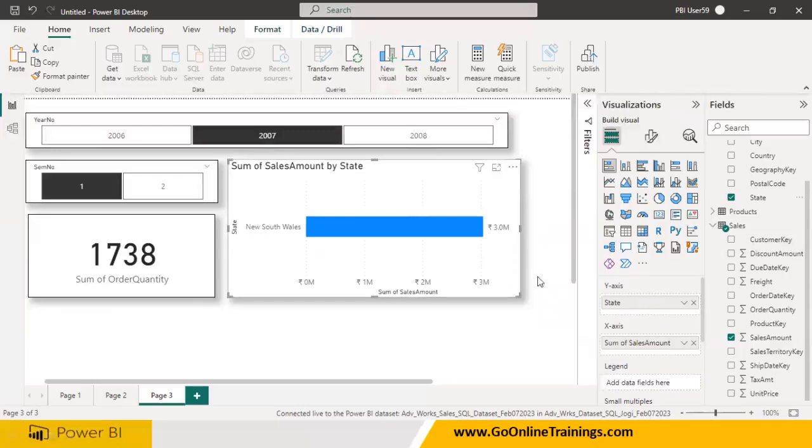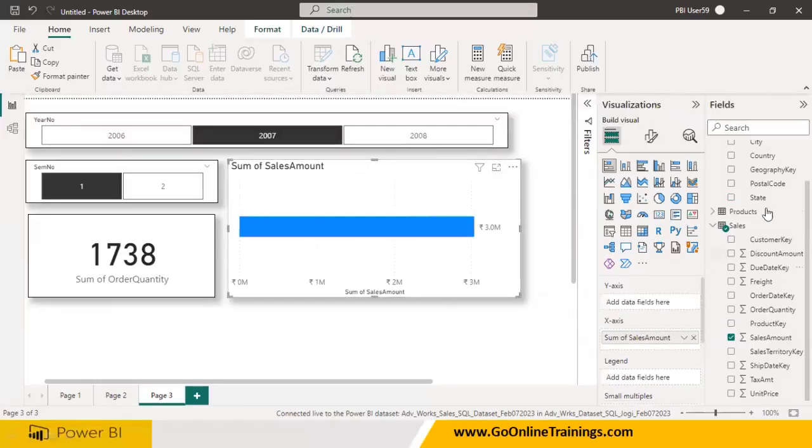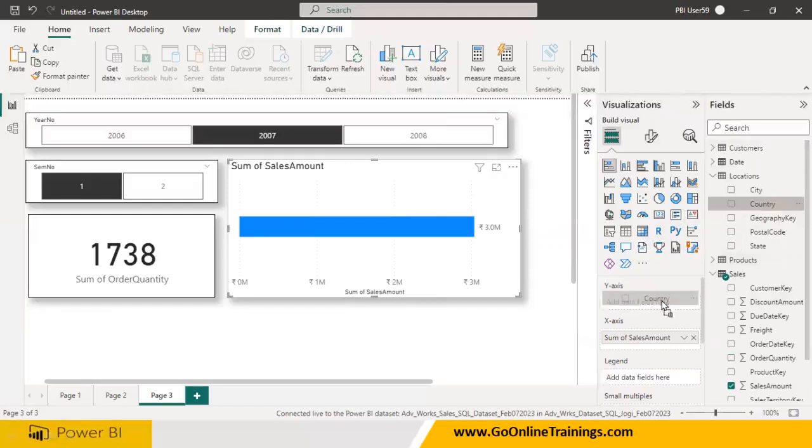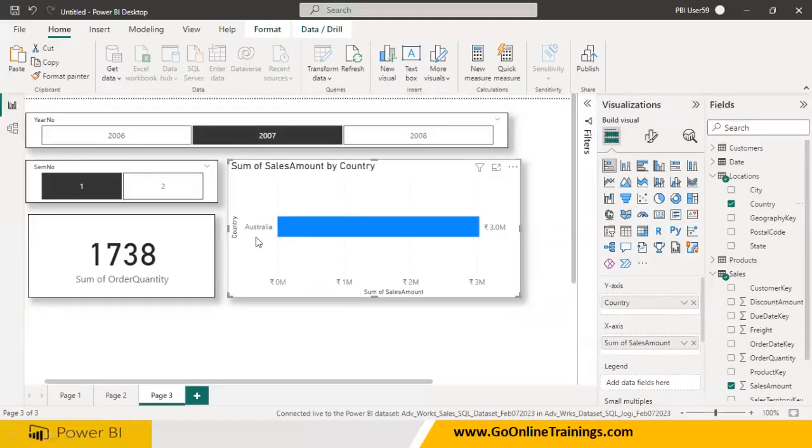So this is the South Wales, and South Wales is available. Which country do you know? So let me drag and drop the country. Which country is it available in? So it is there in Australia. Clear? All the cities we're able to see